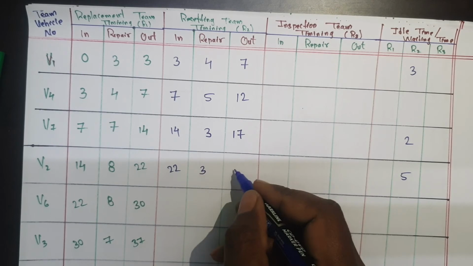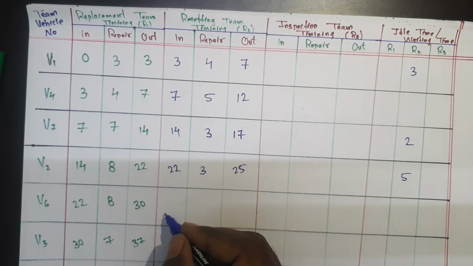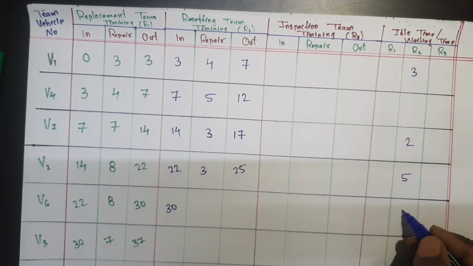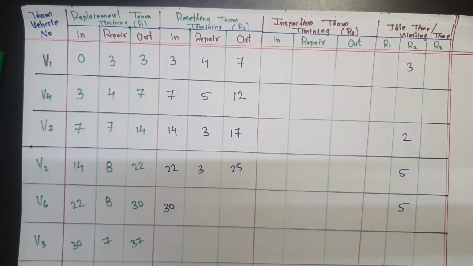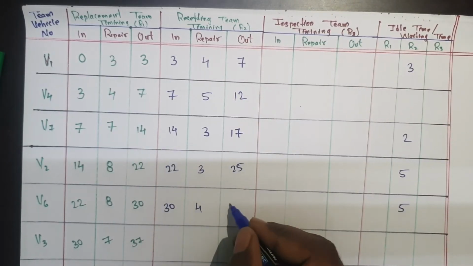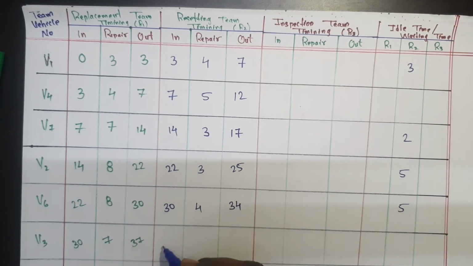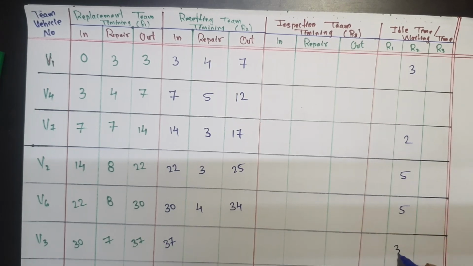Then V2, in V2 machine 2 value is there. What is the value here? 3. So how much are you getting? 25. 25 you can transfer here, but this is the highest value. So better to write the highest value. How much difference are you getting? 5. Then after that V6, as you can see, what is the value here? 4. So how much are you getting? 34. 34 you can transfer here, but this is the higher value. So higher value you have to write. After that, how much difference are you getting here? 3. That 3 you can write here, okay?